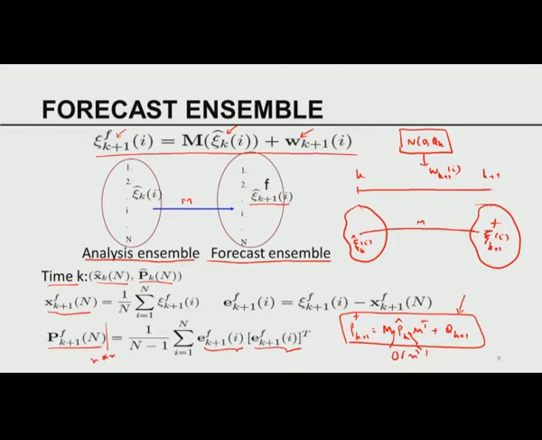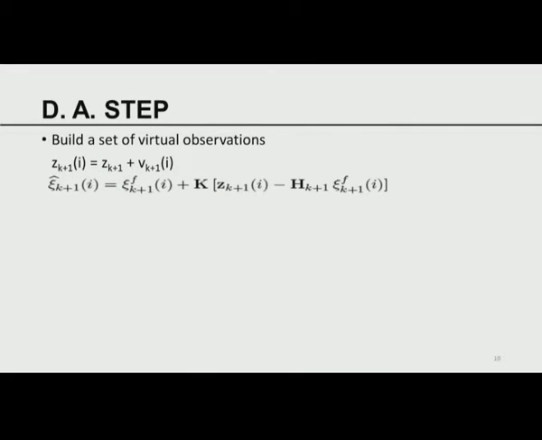So I had the analysis at time k, I had a forecast at time k+1, I have moved things forward. Now what do I do? I have to do data assimilation. So there are N forecast members. Let's go back and understand this now. At time k+1, I have an N-member forecast ensemble. A typical forecast member is called x_i^f at k+1. I have only one observation, z_k. Please remember z_k equals h(x_k) plus v_k. That is what is given to me.